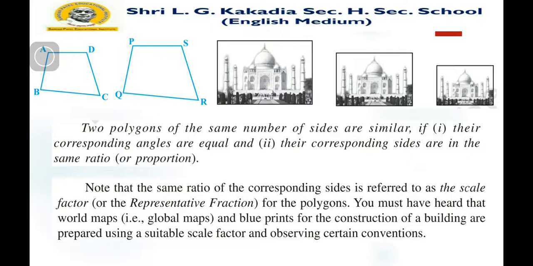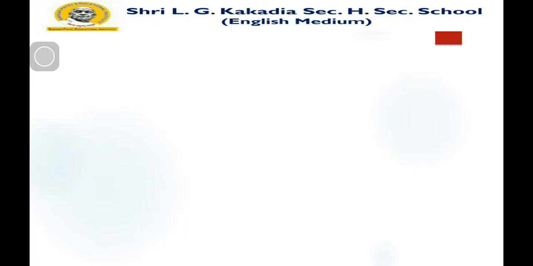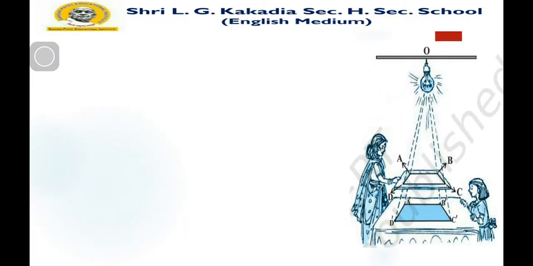So let us consider one more example so that we can understand the similarity of any triangle, circle, or any given shape. Here you can see one frame held by one lady in the figure, and it is ABCD, and one lamp. From the lamp, the beam of light passes through this frame, and the shape ABCD is drawn on the surface of the table as A dash, B dash, C dash and D dash.